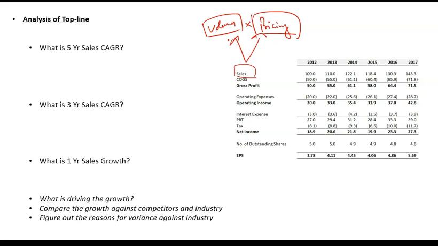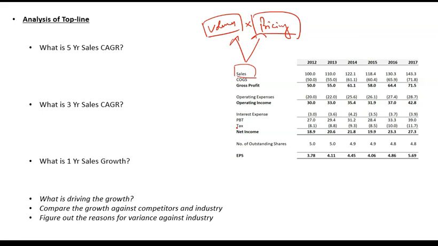So then again you need to find out that what is actually driving the growth. Has it been the inflation, has it been increase in prices, or has it been increase in volume? अगर volume drive कर रही है तो that is better for the company, because that means there is real demand. अगर pricing drive कर रही है तो that means you are dependent on inflation, or you are dependent on market factors or economic factors, कि अगर future में inflation slow down होगी तो growth भी slow हो जाएगी.